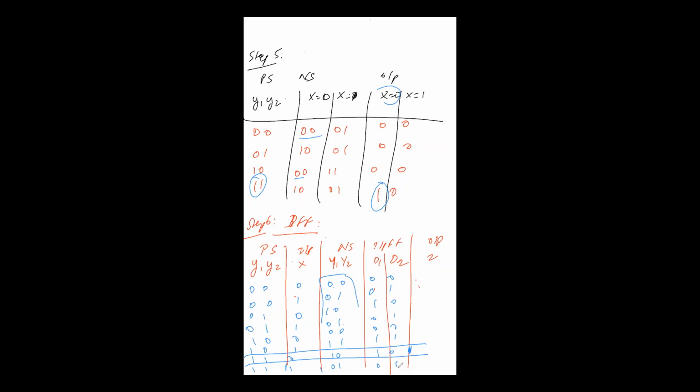If you were using T flip-flop, then you have to check the present state and next state, both the states. If both the states are same, the input to the flip-flop will be 0. If both the states are different, that is one state is the complement of another, then the input to the flip-flop will be 1. Since we are using D flip-flop, the next state will correspond to the input of the flip-flop. Next, you have to draw the K-map.